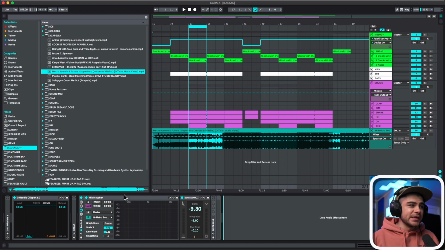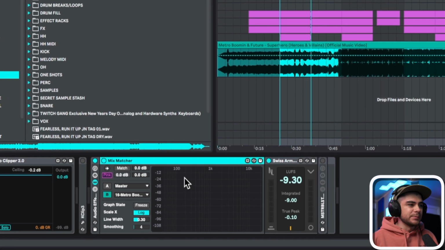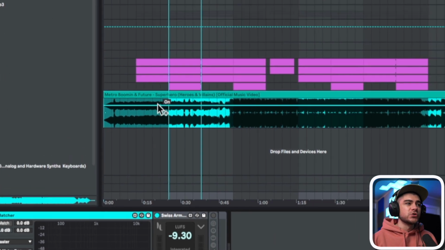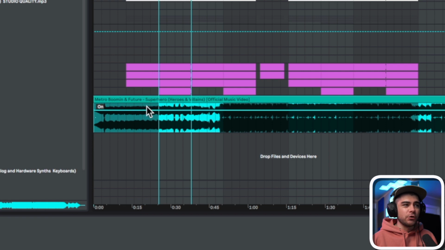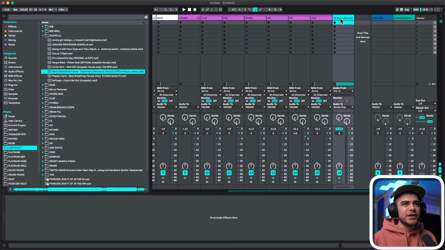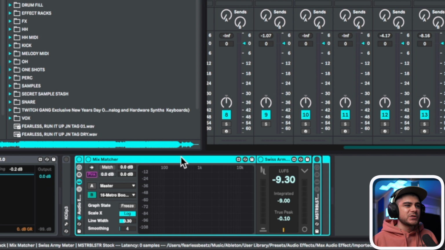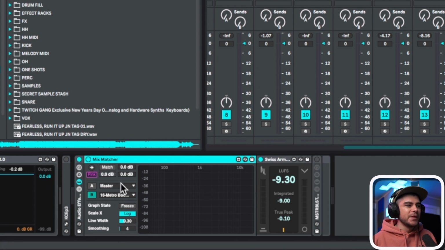The first free plugin is the Mixmatcher right here, which works just like a built-in Ableton plugin and allows us to match two different mixes. For instance, I have the Superhero song from Metro Boomin's new album pulled up right here. I put it on an audio track and turned it to sends only. Then you can put the Mixmatcher on your master here,